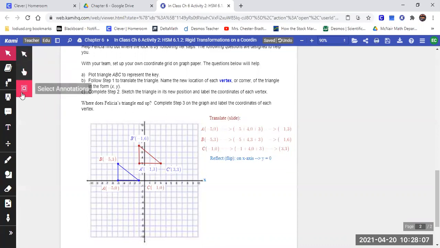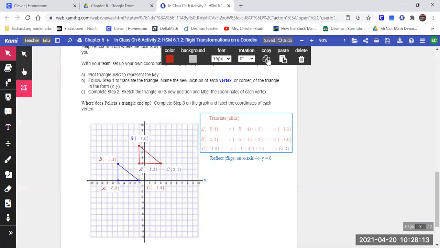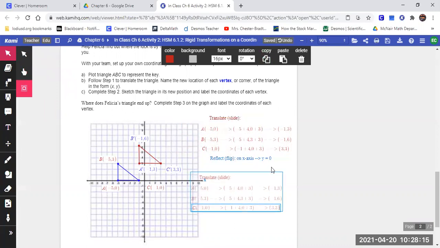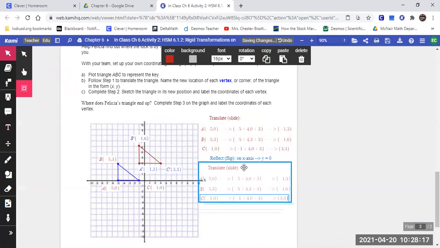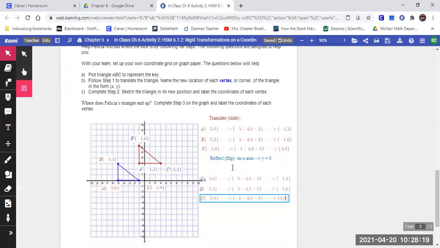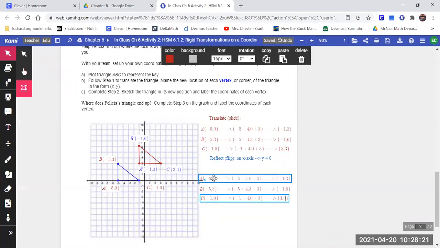Oops, right idea, wrong thing, try again. Copy, paste, move it to where I want it. I'm going to take off this word that says translate. We don't need that. We just need these bars. Okay. Right? We need this information